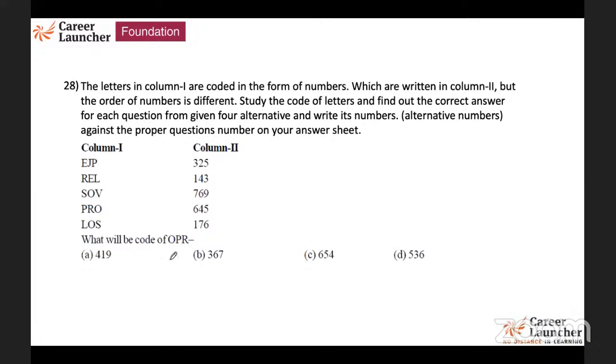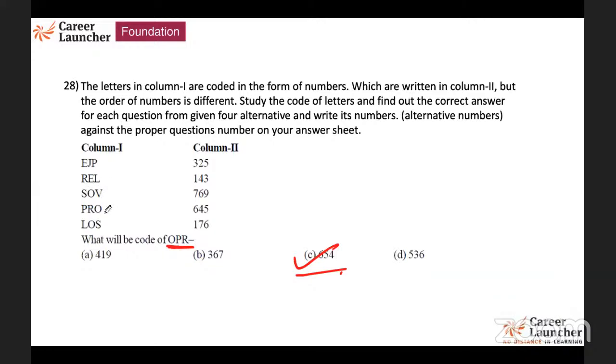We have still a lot of questions to do, so I'm going to do it a little faster than what I've done till now. Again, the same thing. Quick, what are the numbers? Very good. 28th question. Sandeep, check once. Everything else is correct. Everybody else is right. 654 is the right answer for this.